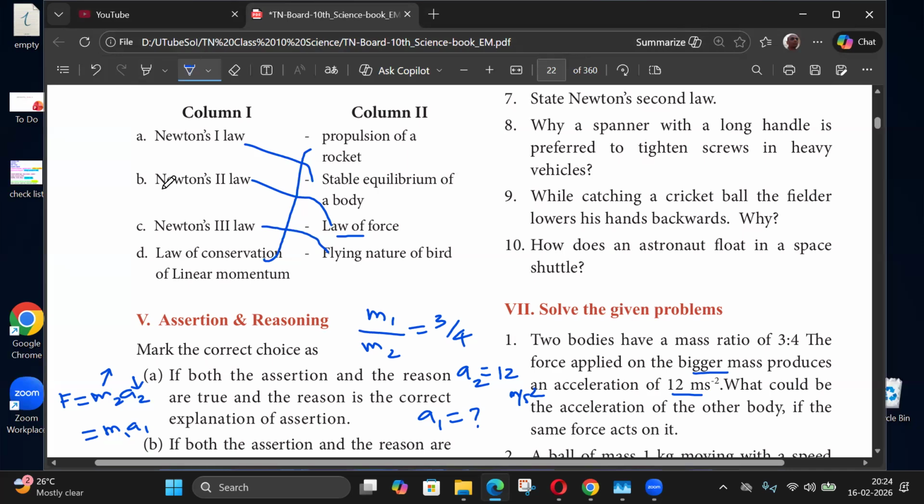Okay, check the answer. So the first one is stable equilibrium of body, the second one is law of force, and the third one is flying nature of bird. Next, law of